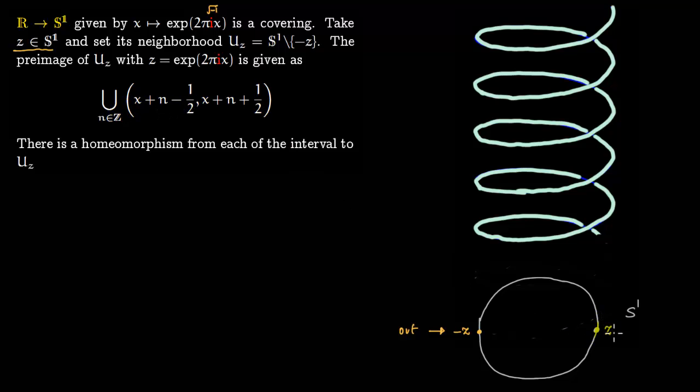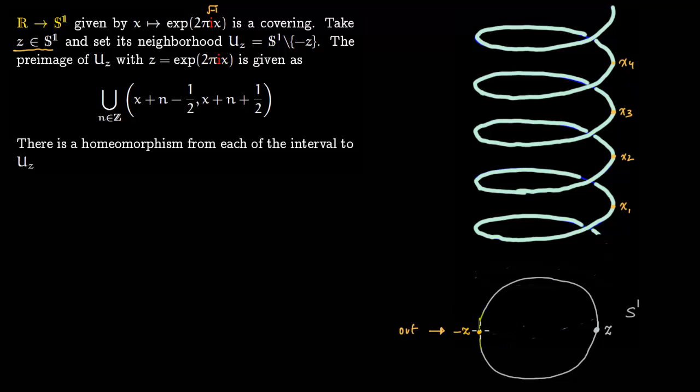So this z corresponds to some x here which gets mapped here, and then there are a series of such x's, say x1, x2, x3, x4 and so on. All these are getting mapped to z via this map exponential of 2 pi i x,